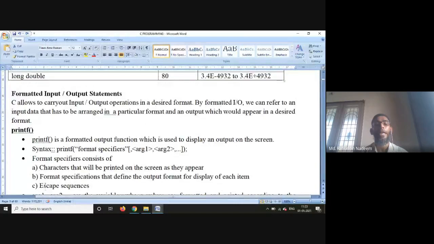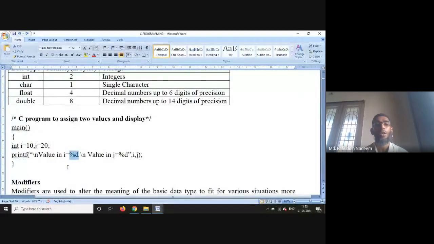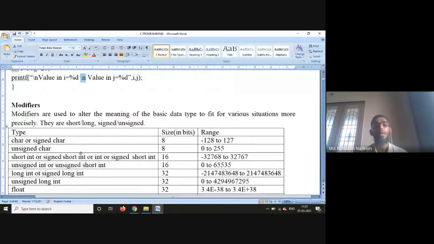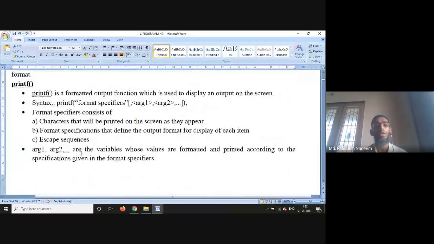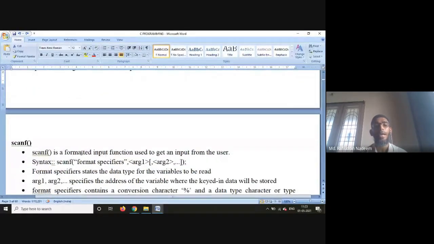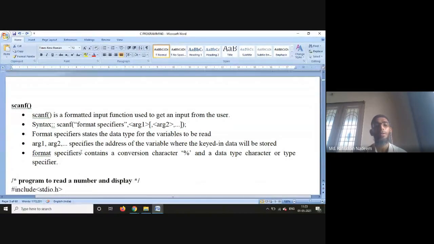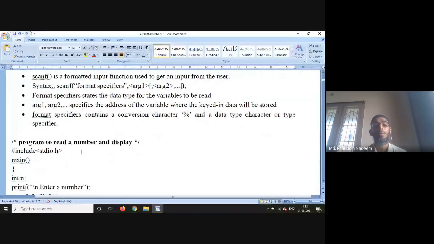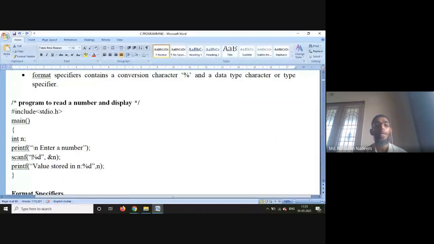Then we have escape sequences, like slash, and these are the non-printable characters which are used to design your output. We have a number of escape sequences, you can go through them. Likewise, if you want to scan some values, you can go for the scanf statement, which is allowed to scan a specific value of a specific type.